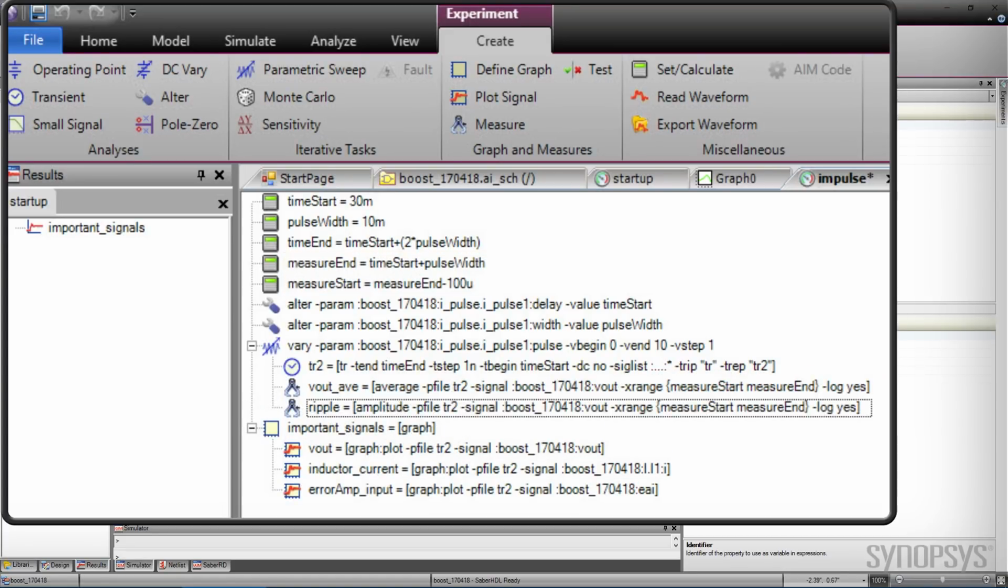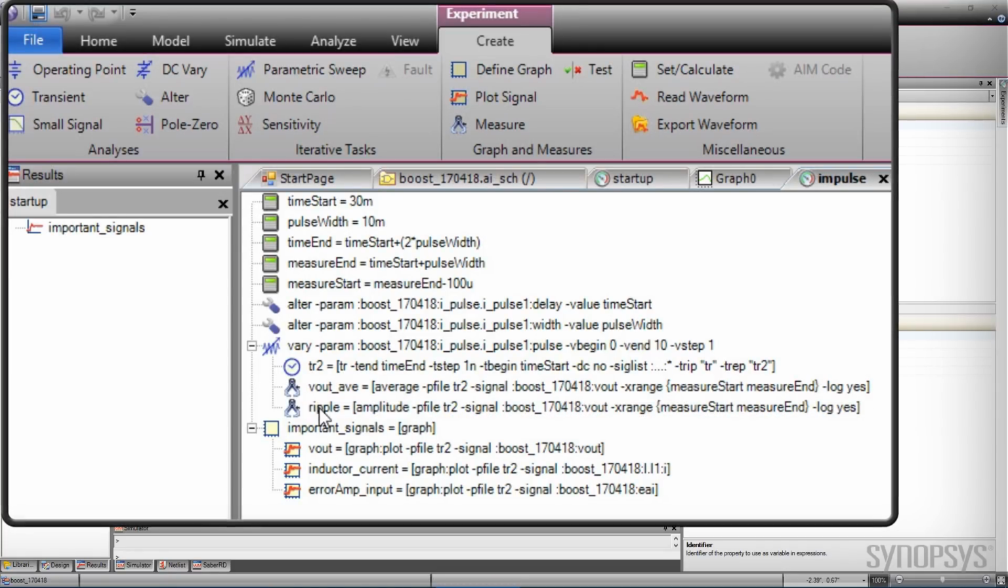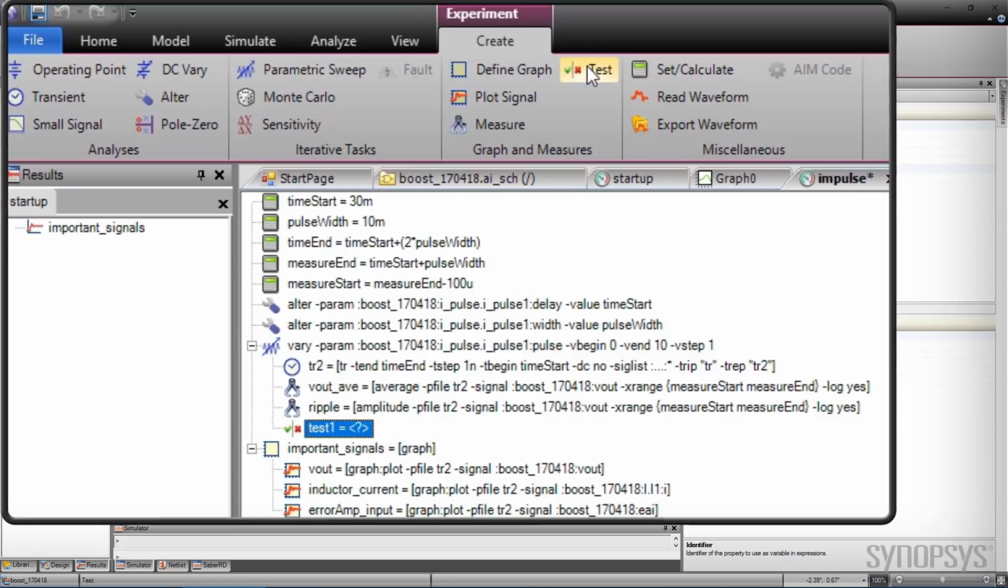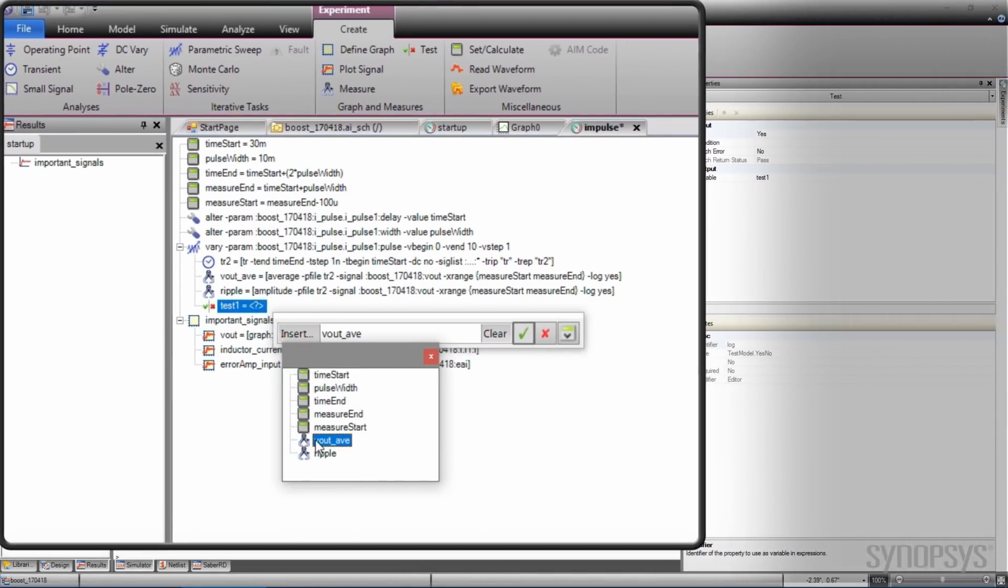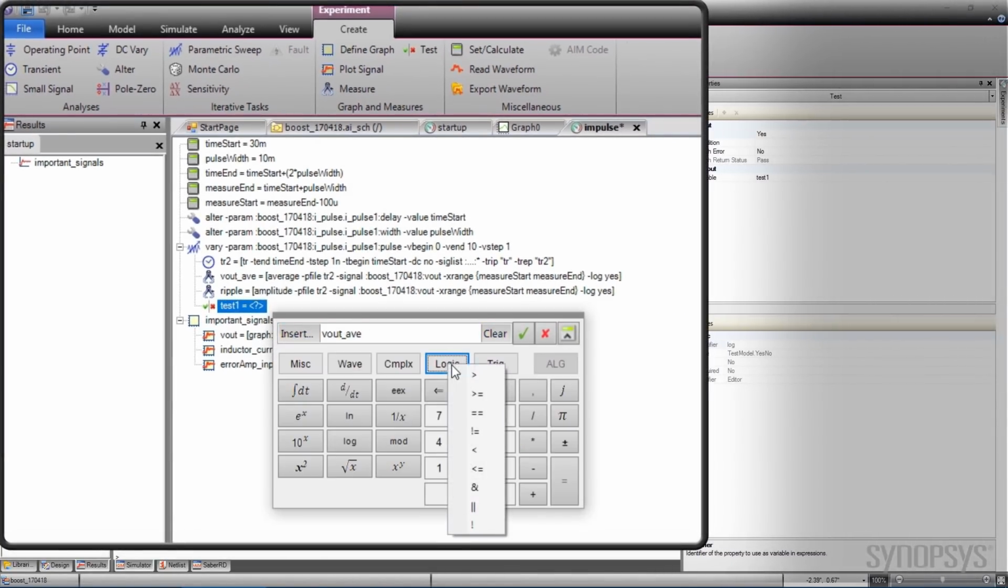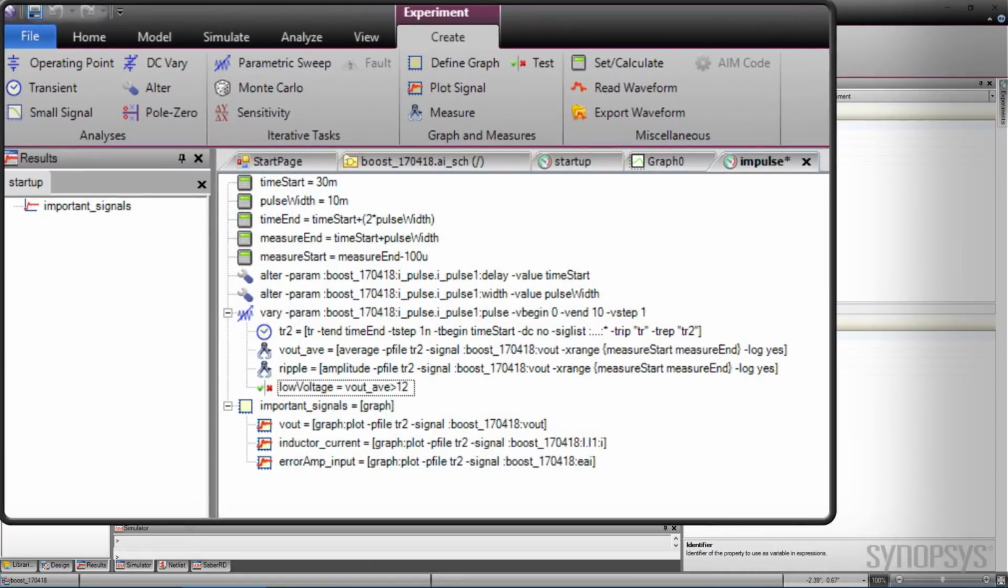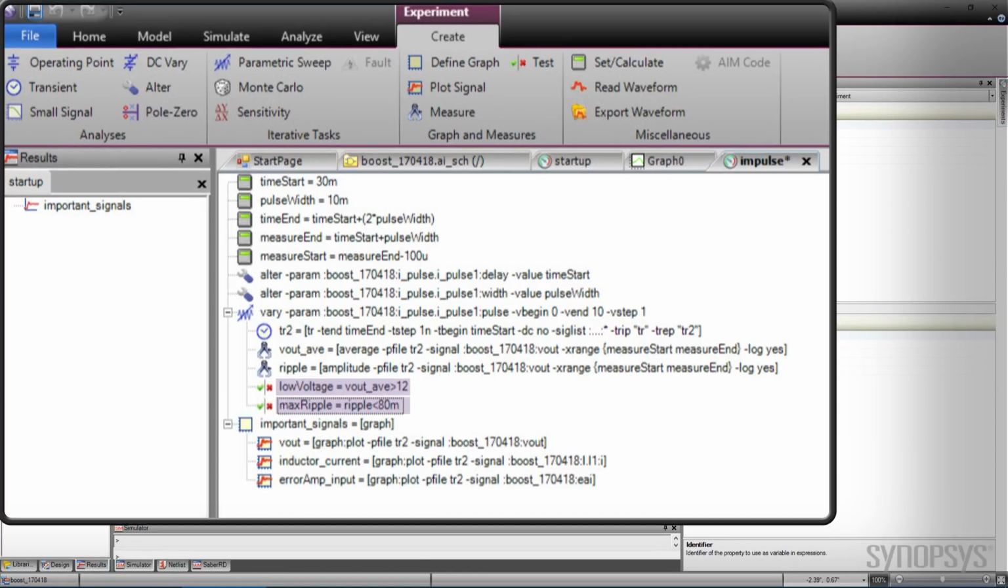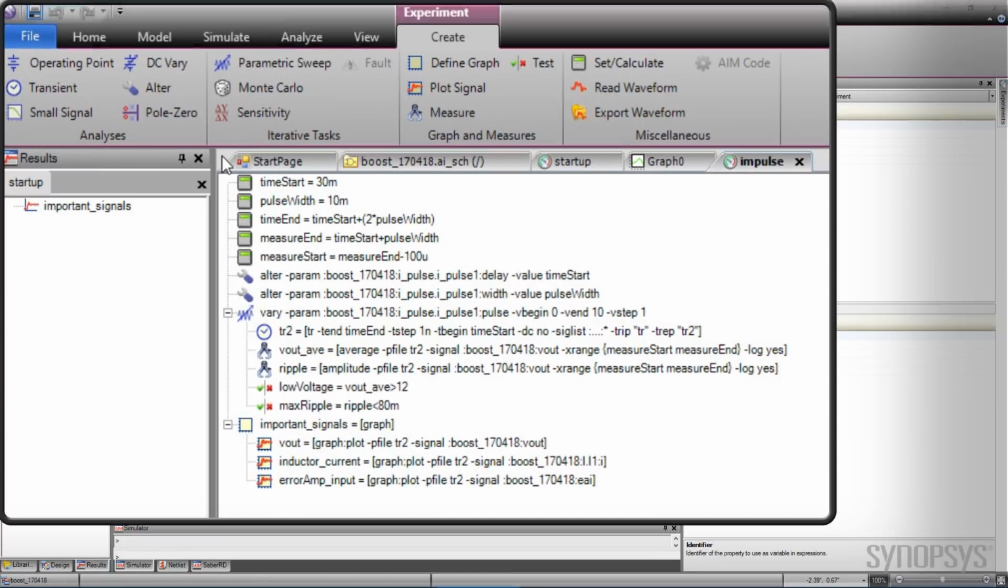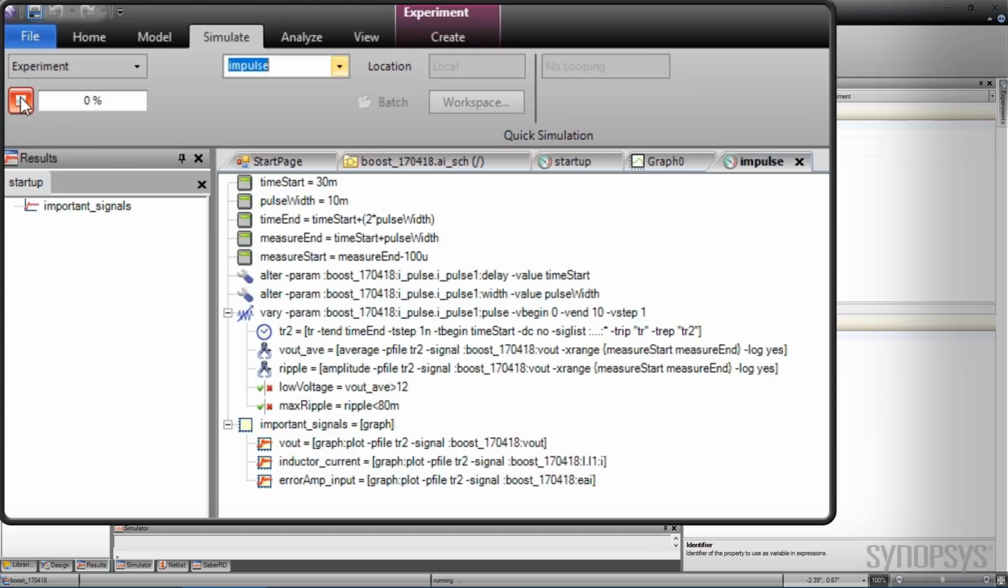Another measurement is created for ripple using the amplitude measurement. Pass-fail indicators are added by selecting the test operation. The calculator can be used to set the test, or it can be typed in. Tests are created for both measurements. A test is made to see if the average value is above 12 and if the ripple voltage stays below 80 millivolts. Executing the experiment runs a series of simulations corresponding to the parameter sweep, and an experiment report is